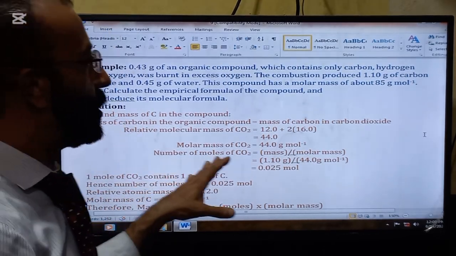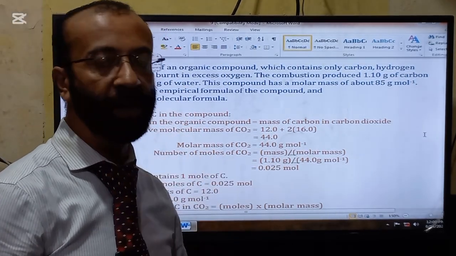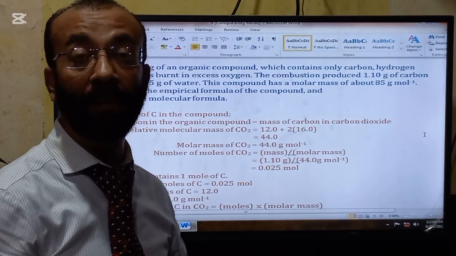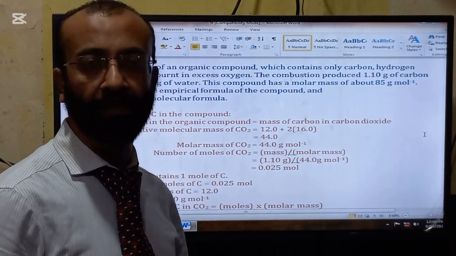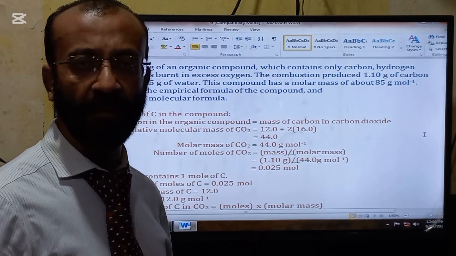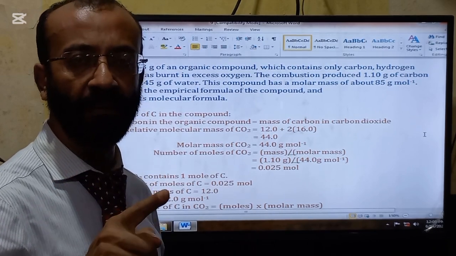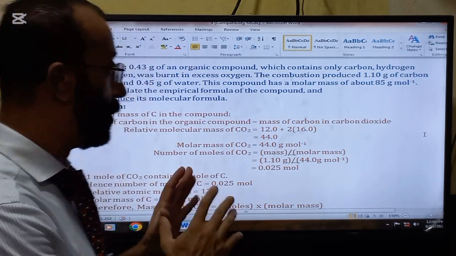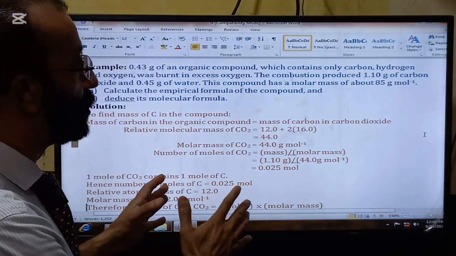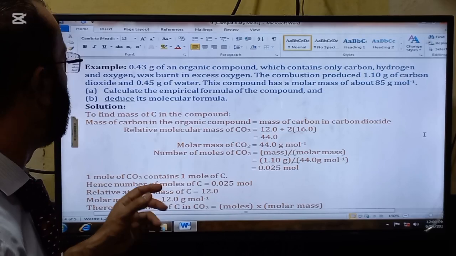So this is the question, students, the last one, which actually comes in paper number 2 of chemistry, in which some things are given. The first requirement will be find the empirical formula, and after that, in the second part, you have to find the molecular formula. So look at this question. This type of question comes in paper number 2 of chemistry. Look now,